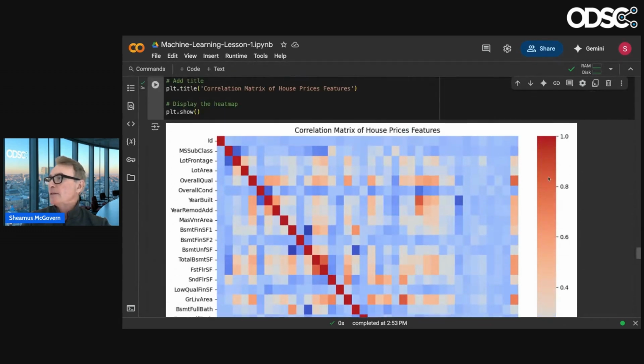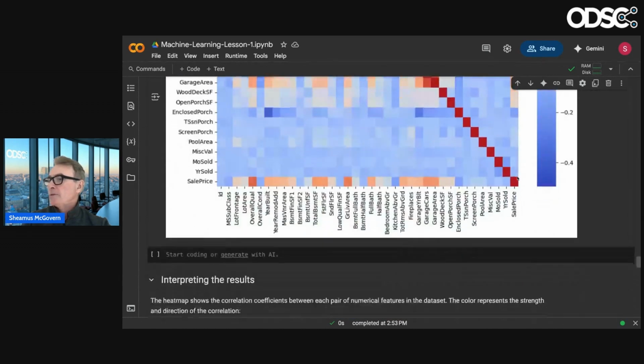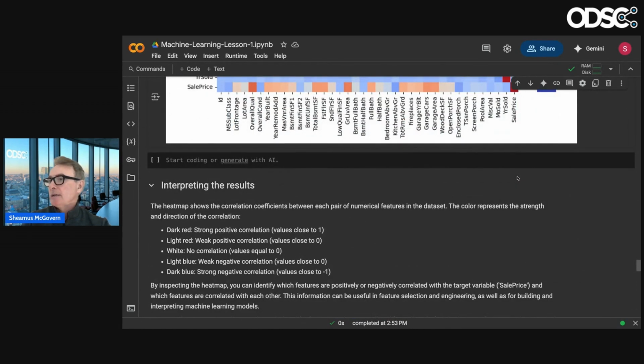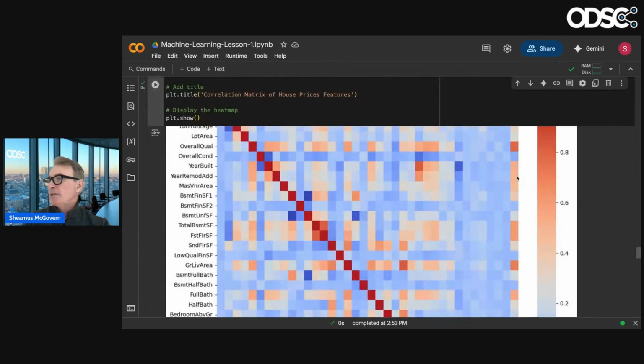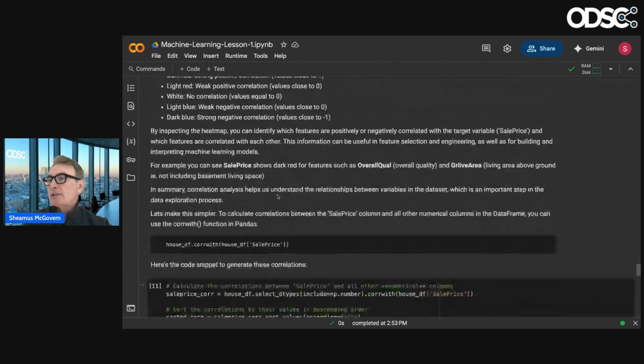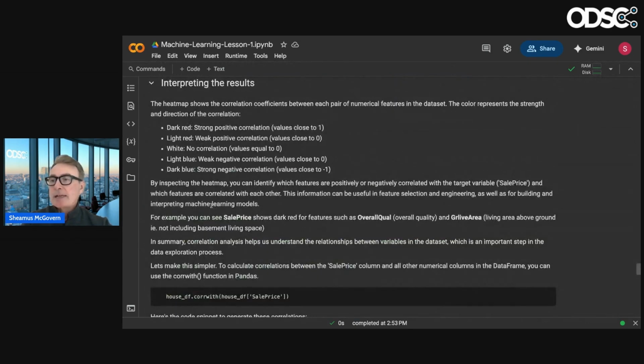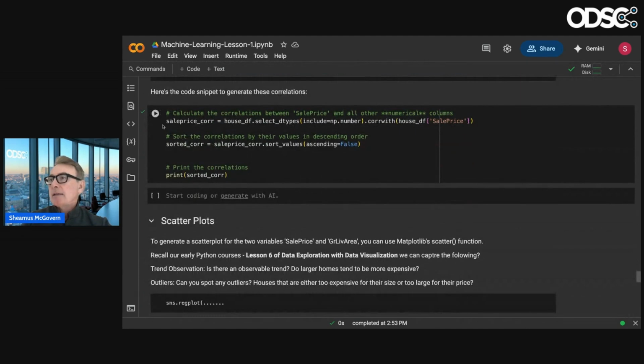It's just going from hot to cold. I think dark red is positive correlation, and of course, dark red, because everything's absolutely correlated with itself. So you can run that yourself, and if you're not familiar with it, just read this text here.